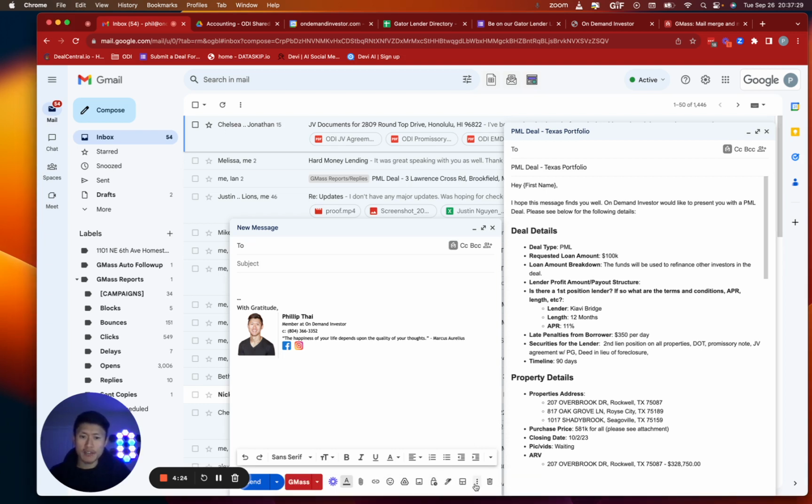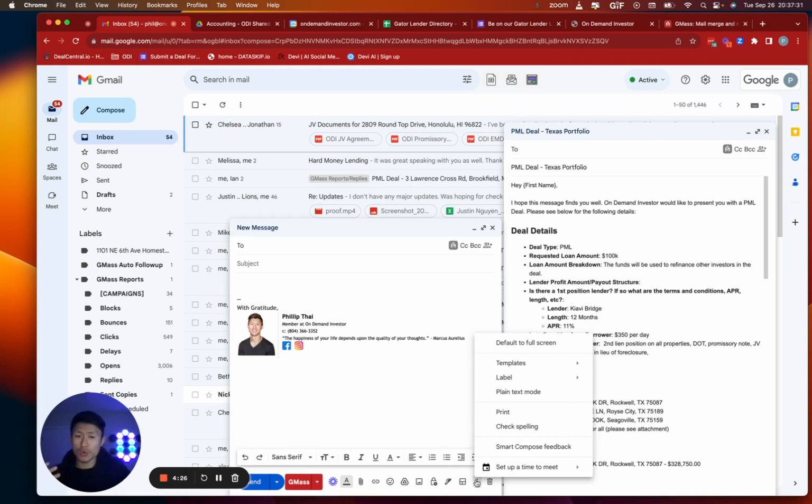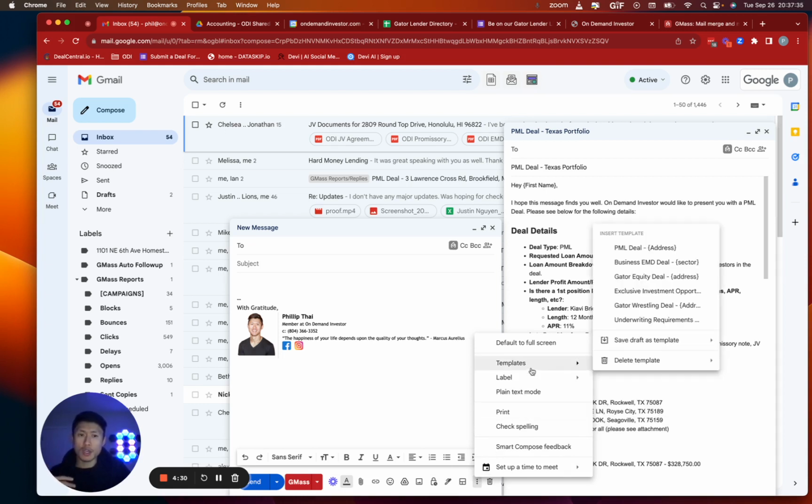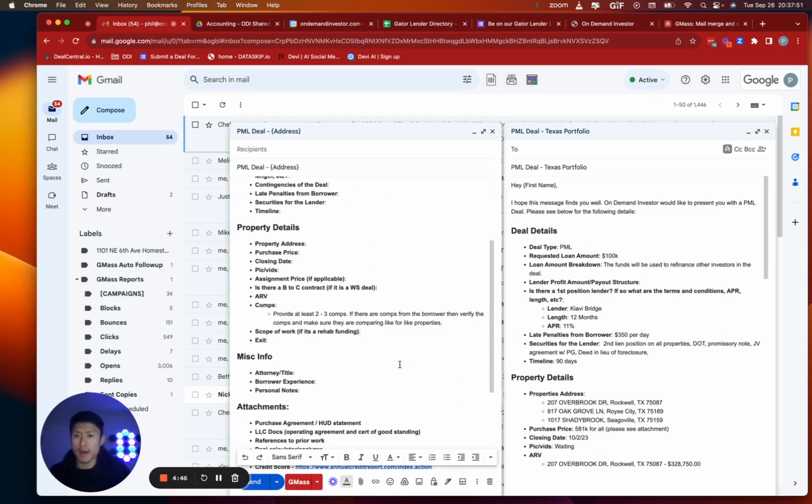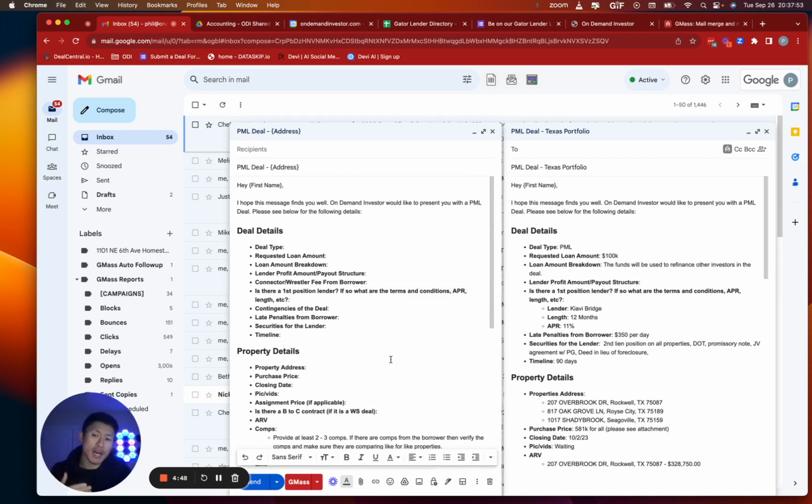So I actually have built-in templates in Gmail. And depending on the deal that I have, as you can see here, I have a PML deal, a business EMD deal, a Gator equity deal, and then a Gator wrestling deal. Most of the deals that I come across right now are PML. So once I click on this template, it's going to pop up the things that I need to fill out in order for me to send this deal out to my group of Gators or